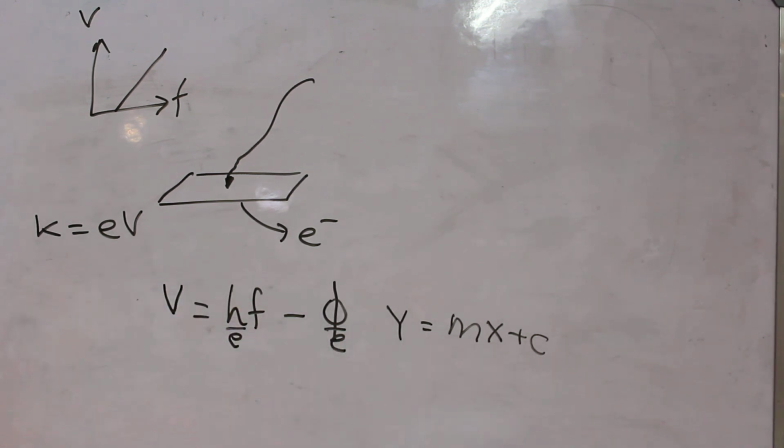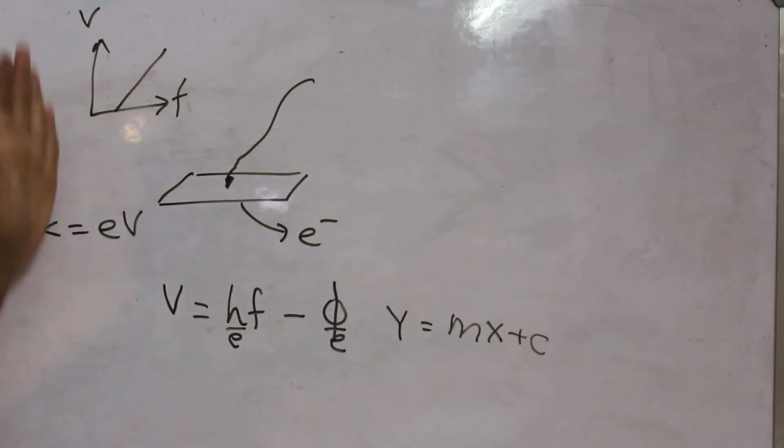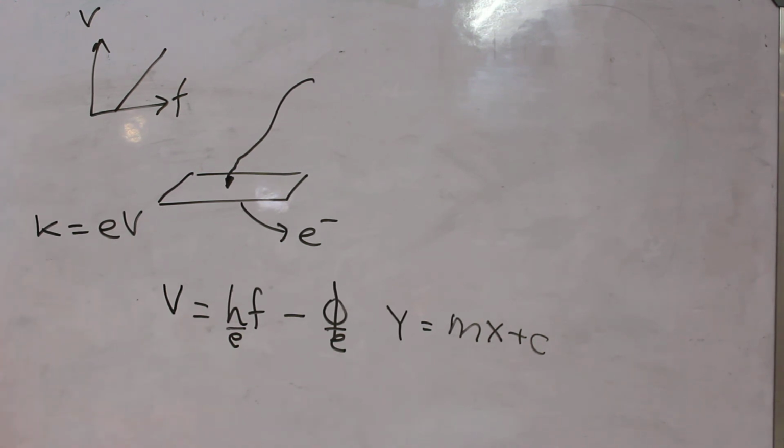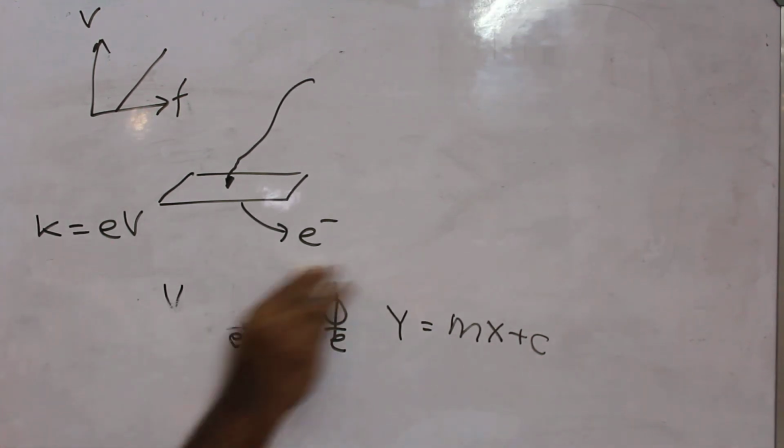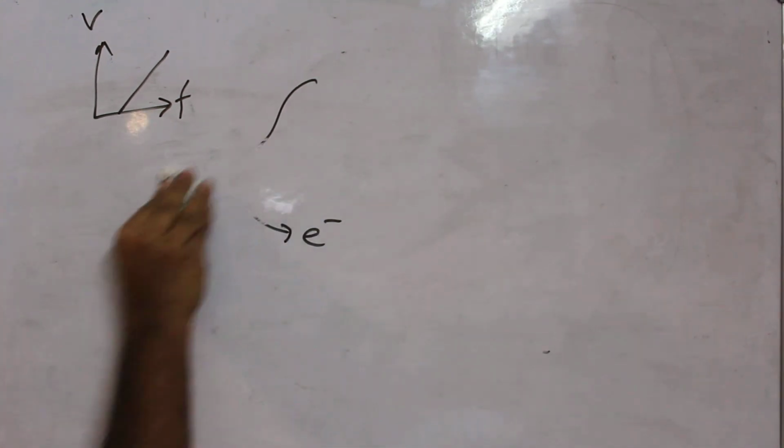So irrespective of the metal I choose, I should have a constant slope if I plot a graph between the potential and the frequency. This was actually proven by the American physicist Millikan when he tried to disprove Einstein, and he rather ended up making Einstein's theory more resolute. But this created an obvious problem, and even Einstein realized this. If light behaves as a particle in this situation and as a wave otherwise, when does light decide to behave as a particle or as a wave? Nobody really knew this and nobody could digest it until de Broglie came up with this